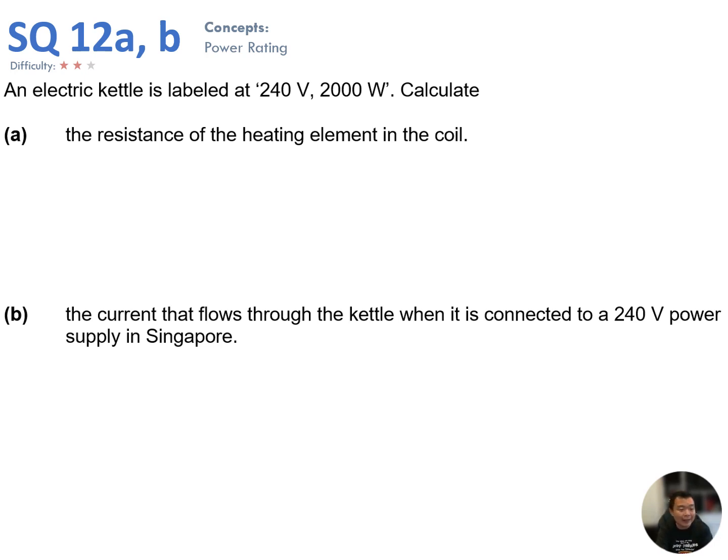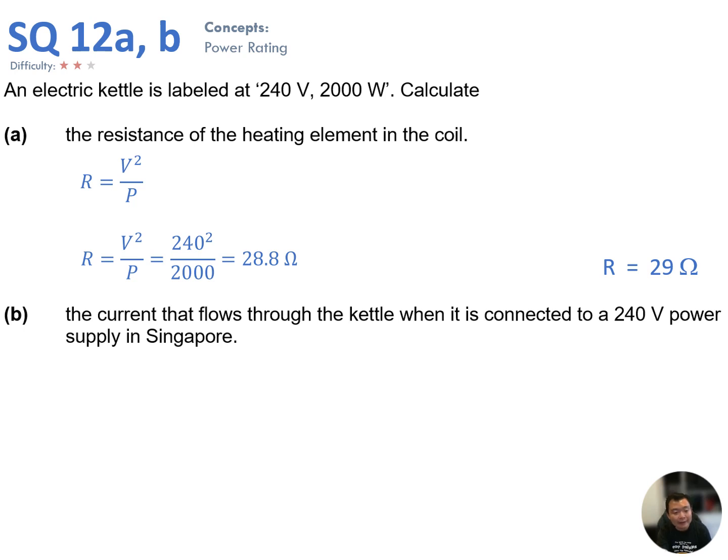Even without part A, the very first thing that you should do when you see a power rating is to determine the resistance using the V squared over R equation. So rearrange the equation, make R the subject, and you can get 29 ohm as the resistance of the heating element. Now part B,